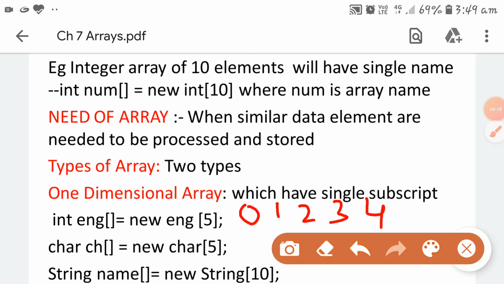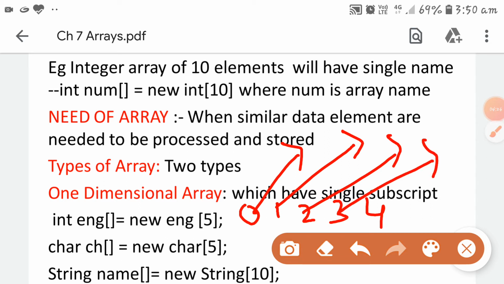English marks of the first student are at location 0, the second student at location 1, the third student at location 2, the fourth student at location 3.